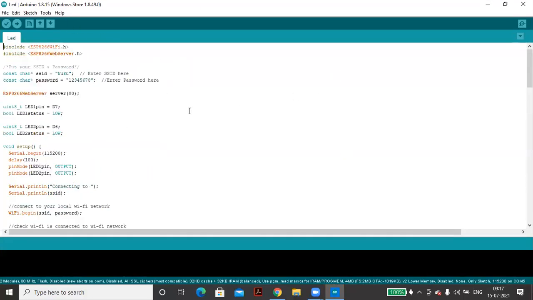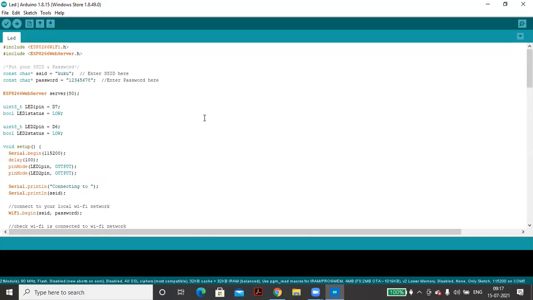So this is the IDE, and this is free. This is the development software. You can go either with the online or the offline version. In offline, you have to install this. Just go to Google and type Arduino IDE, and a page will open. There are lots of options. Depending upon your system, you have to choose whether it's 32-bit or 64-bit, or whether you are using Windows 10, 8, whatever. And you have to install it.